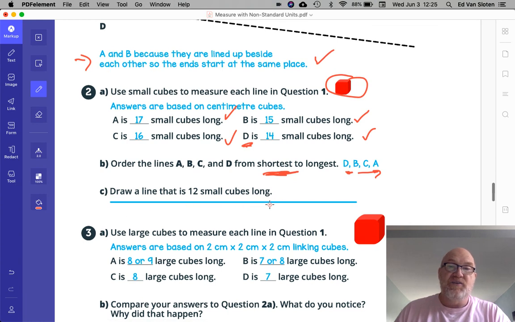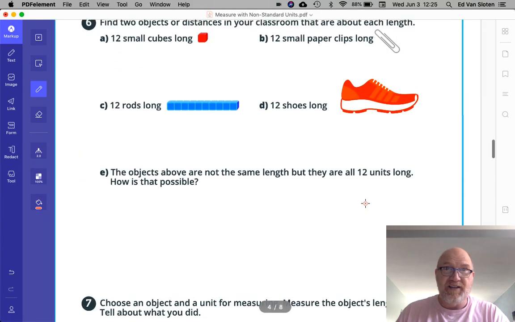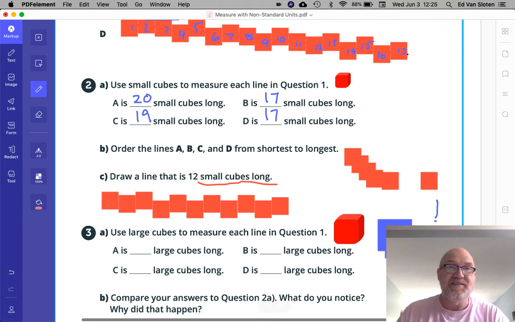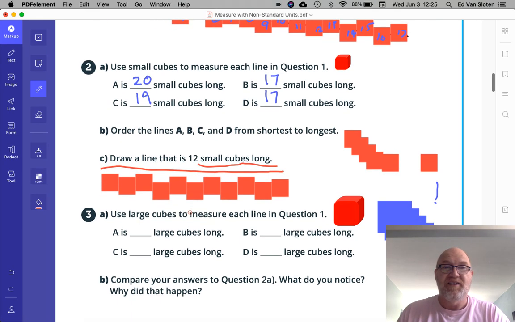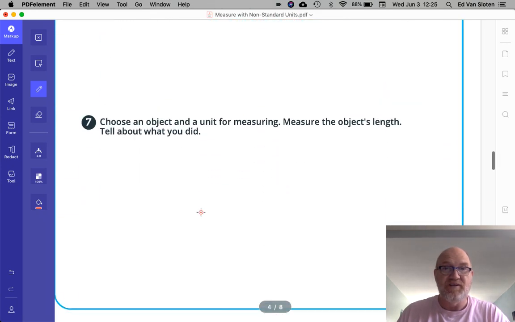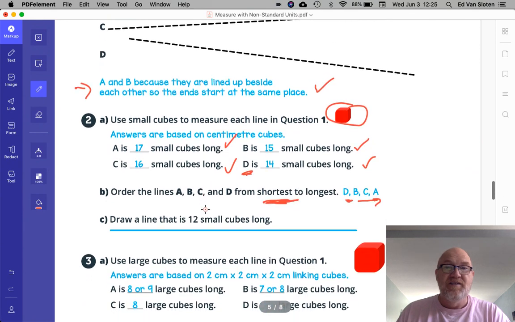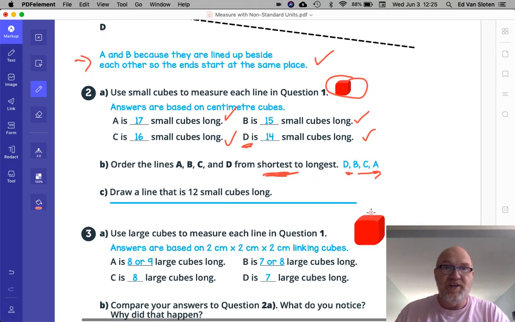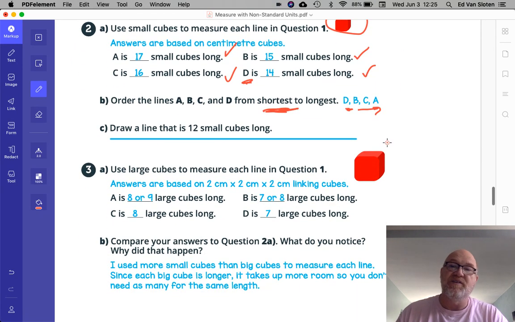Draw a line that is 12 small cubes long. See, there, that line is longer than the one I made. Let's go back to the one I made. Yeah, see, mine is this long. And so their cube must be bigger because look how big their line is. Yeah, that's a long line. The cube is bigger than the one I used. And then if you use the large cube,